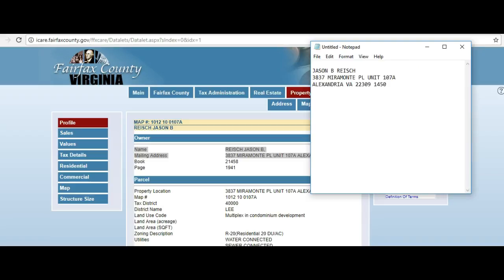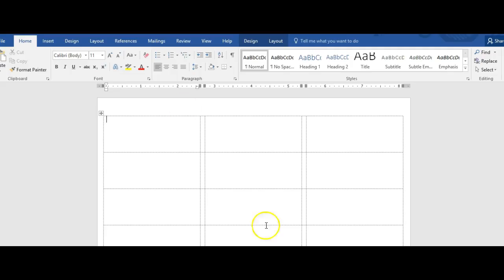And what you're going to do is you're going to create a list of all the addresses that you want to include. Once you have that information, then what you can do is you can then copy or cut this information, go to Word, open up a label on your computer. We're using Word, and then you can copy and paste that information until you have a full page. And then you can print that out. You can put that on your envelopes, or you can put that on your postcards and mail it off to